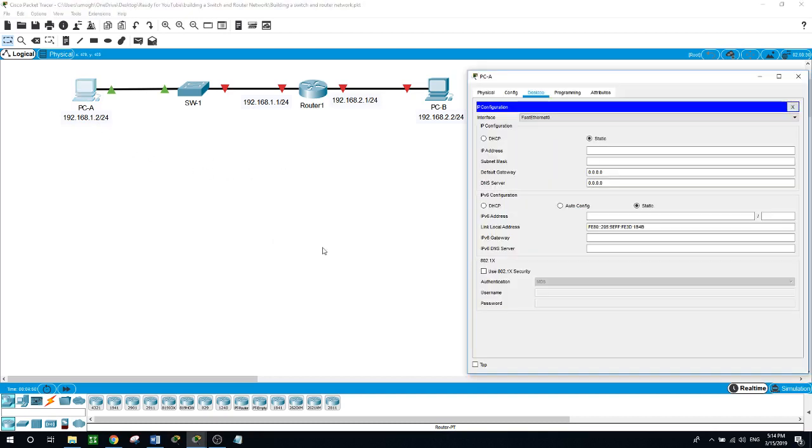For now, on PCA, we still did not configure the static IP address. As you can see here, it's 192.168.1.2. This is PCA's static IP address on the network of 192.168.1.0. So for the IP address of 192.168.1.2, the subnet mask of 255.255.255.0, and the gateway for this PC will be this interface on the router of